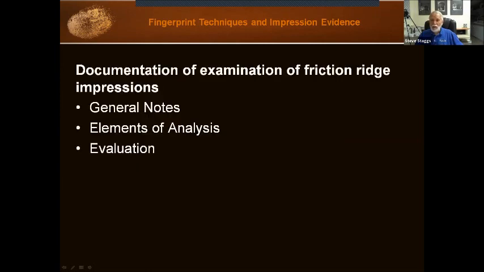Then there's the evaluation. Now we're talking again about the documentation. We have our general notes, we have our analysis, then we have the evaluation. We need to document the conclusion of each comparison conducted. This documentation may be minimal or quite detailed, depending on your agency's requirements, and again, maybe even the type of